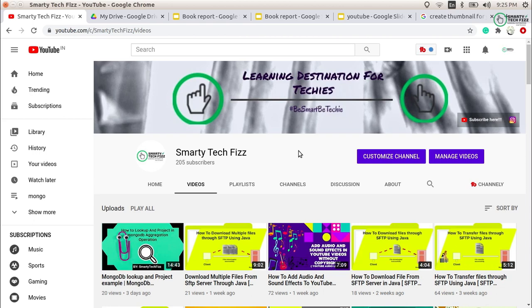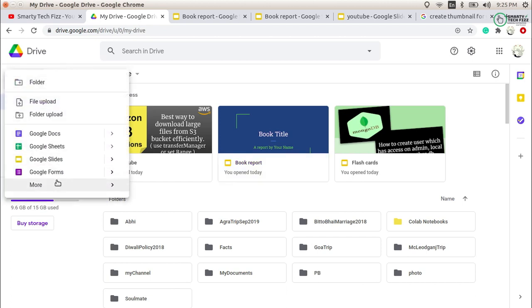You may be using Microsoft PPT, or you can use Google Slides, which is present in Google Drive. If you don't have a Windows system, maybe you don't have Microsoft PPT, but you all must have a Google account. If you have a Google account, you must have Google Drive, and there you can click on New and use Google Slides, and they provide you two options: a blank presentation or from a template.